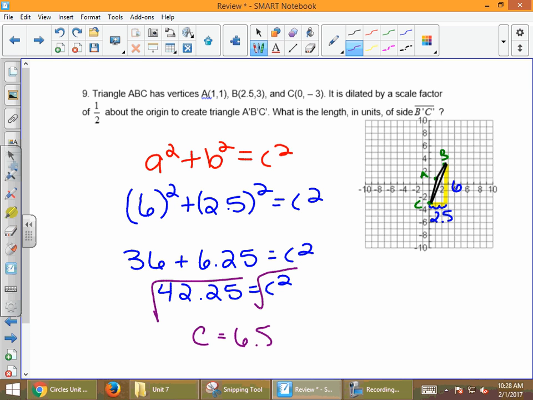We want to know the length of the new BC. Well, again, what did we say we had to do with 6.5? It's a scale factor. What do we do with scale factors? We multiply. So you just have to do 6.5 times 1/2. What is 6.5 times 1/2? 3.25. So that would be the distance